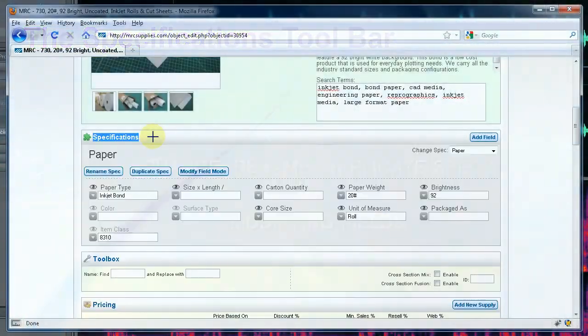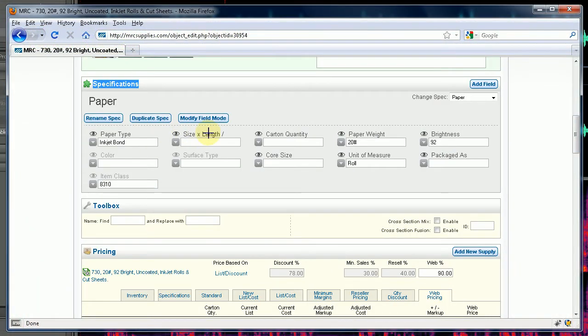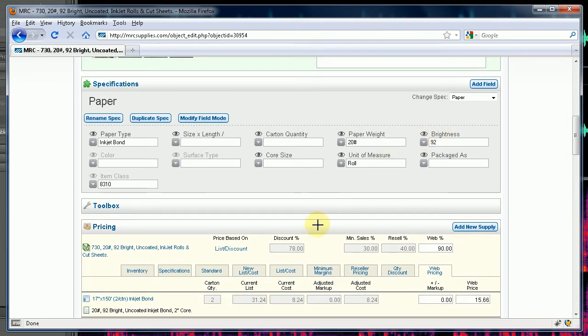Specifications Toolbar. This section is unique for every supply type. It is referred to as the spec fields or label value fields. These are additional search and filtering criteria for all supplies. When creating a group of supplies, as in the example we have been using, there are only minor differences for